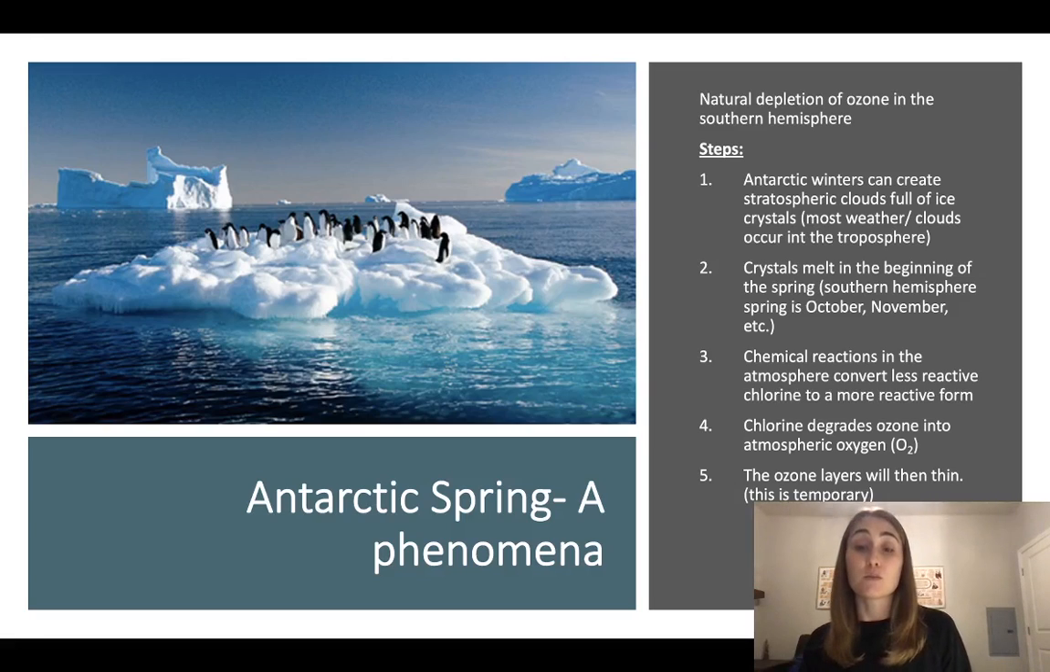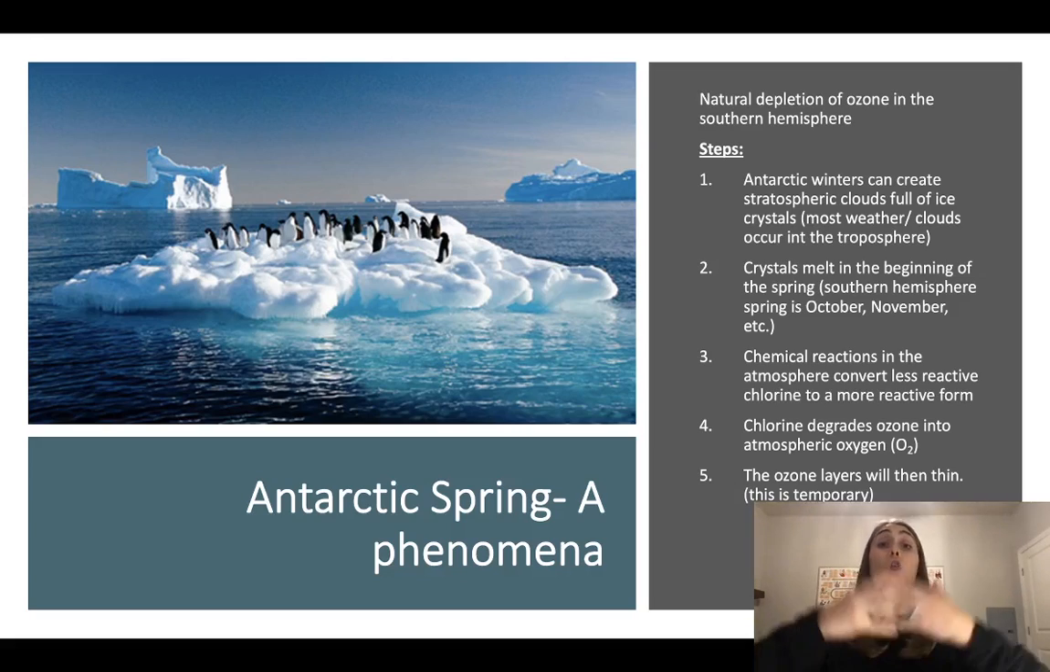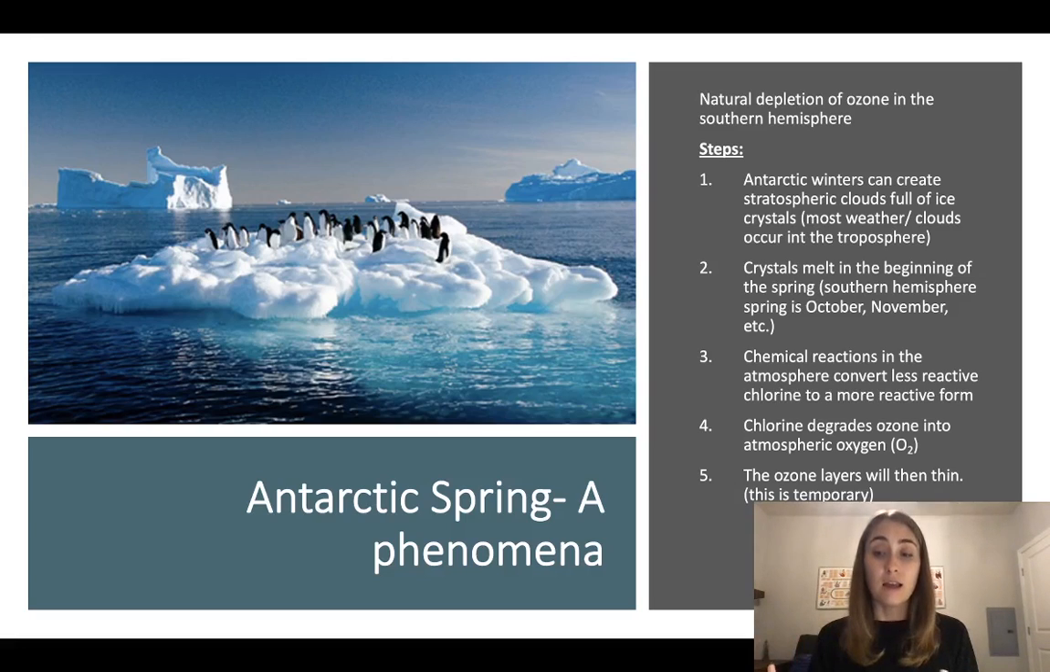So at the beginning of the spring, when the temperatures start to warm in the Antarctic, we will start to see those stratospheric clouds begin to melt. And what will happen is all of those frozen crystals that were sitting in those clouds are going to melt as well. Any gases that were contained in those crystals are going to be released into the atmosphere. So what we see happening is all of this chlorine that was frozen for a really long period of time is released all at one time, so very dramatically. Those chlorines are then released into the atmosphere, and you will see a rapid degradation of